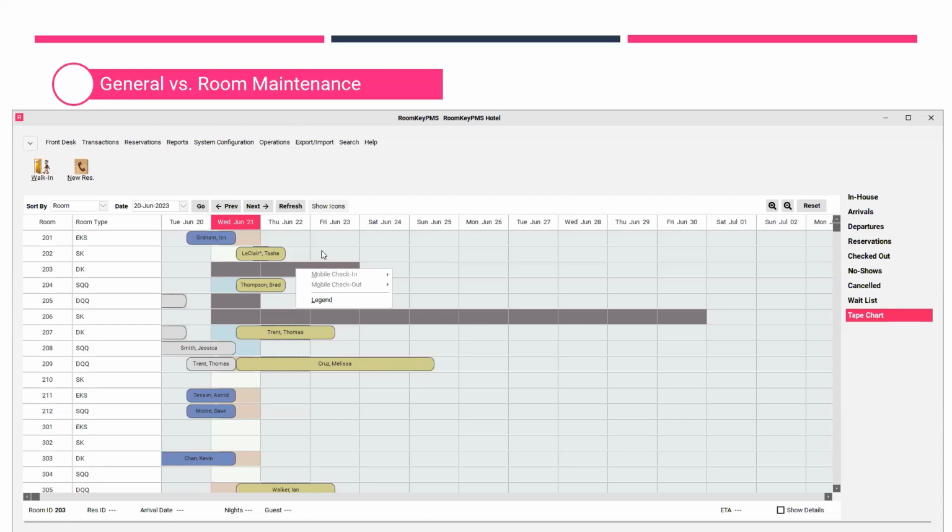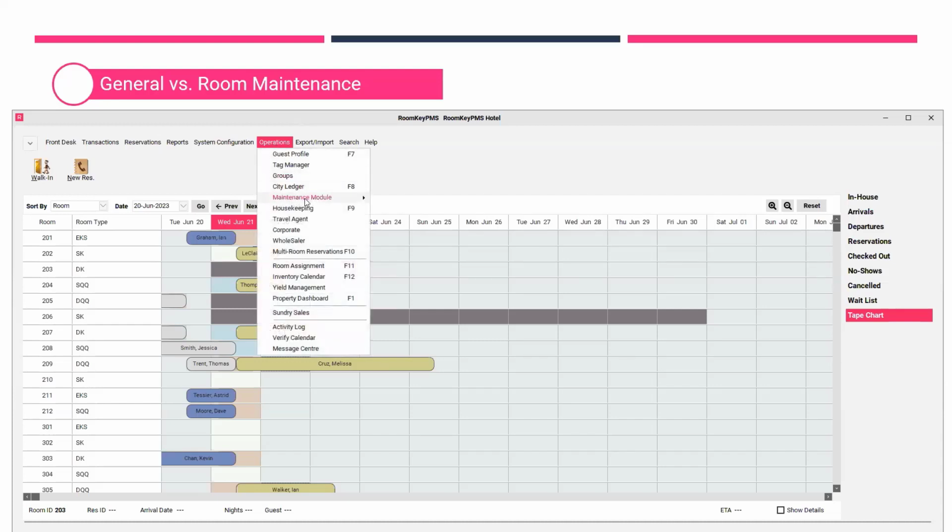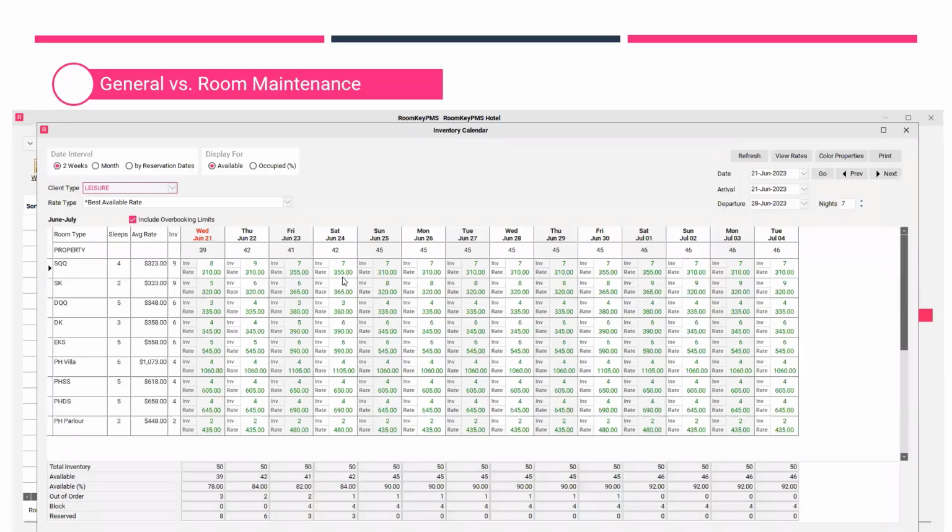Now, the other area that you may see this setting affecting is the room inventory. And the best way to represent that is from the inventory calendar, which can be found in the operations menu, inventory calendar, or F12 on your keyboard. When I open the inventory calendar or click F12, it's going to show me a list of all of my room numbers or room types listed on the left-hand side. For today's date, highlighted in red, Wednesday, June 21st, I can see what rooms I have available in each room